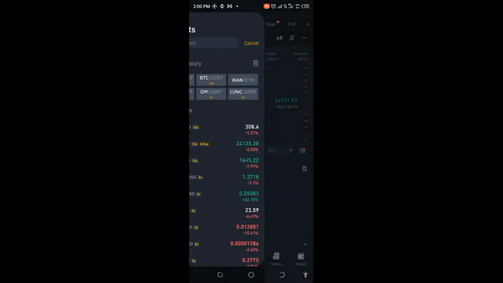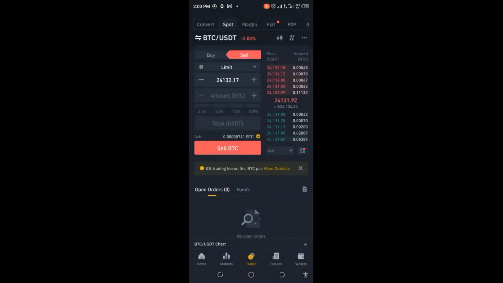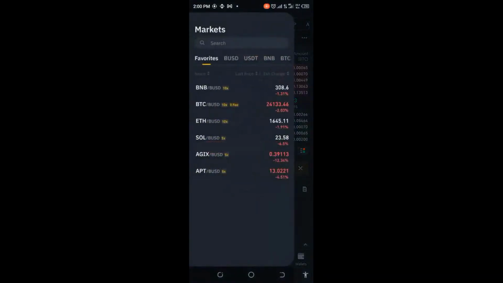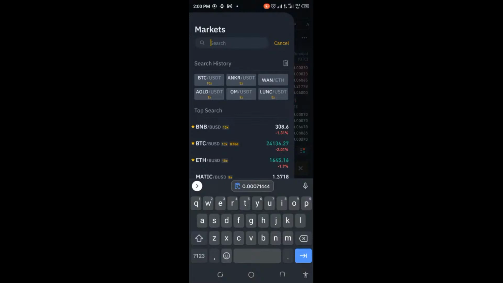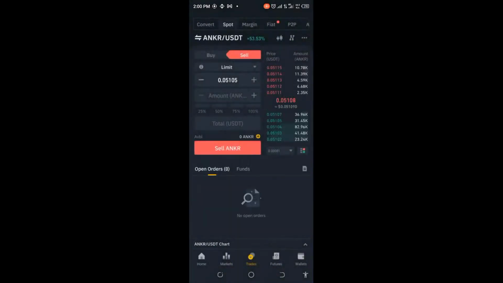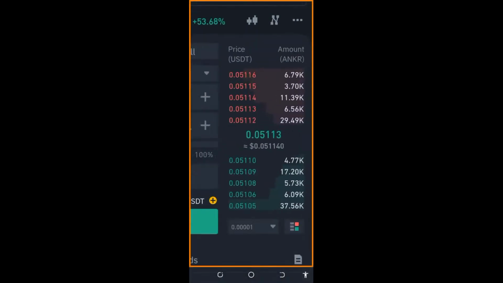Let's see whether we're going to make a profit. Okay, it looks like we would be able to make profit because we had to subtract part of that decimal point. Okay, let me go back and see how this would go. I'm sure definitely we're going to make a profit. I had to subtract part of it. So let me go back to ANKR USDT. What is the price right now? Okay, the price is